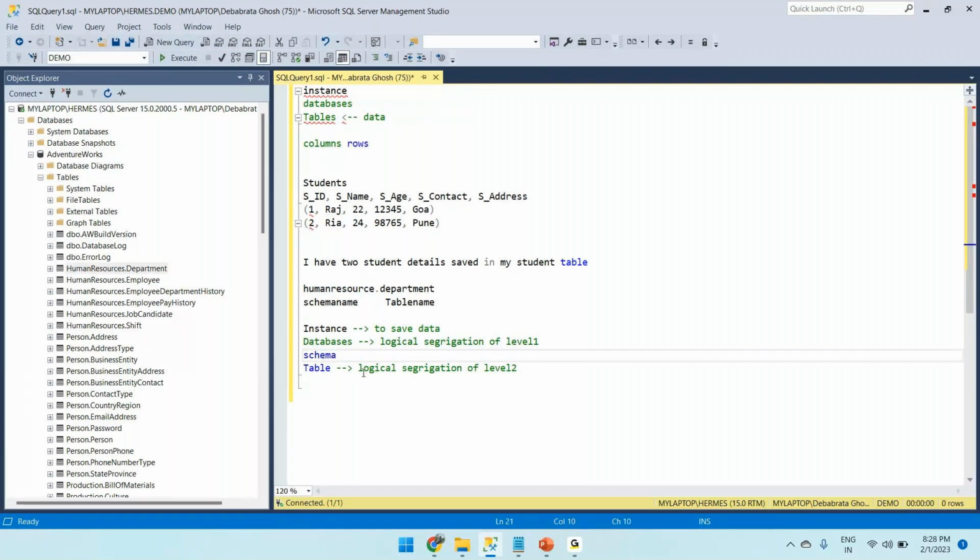So logical segregation of level 2 is this, and logical segregation of level 3 is this. First is instance, then database, then schema, then table. That means when we need to access a particular table, we need to navigate to that location. How to navigate? Instance name